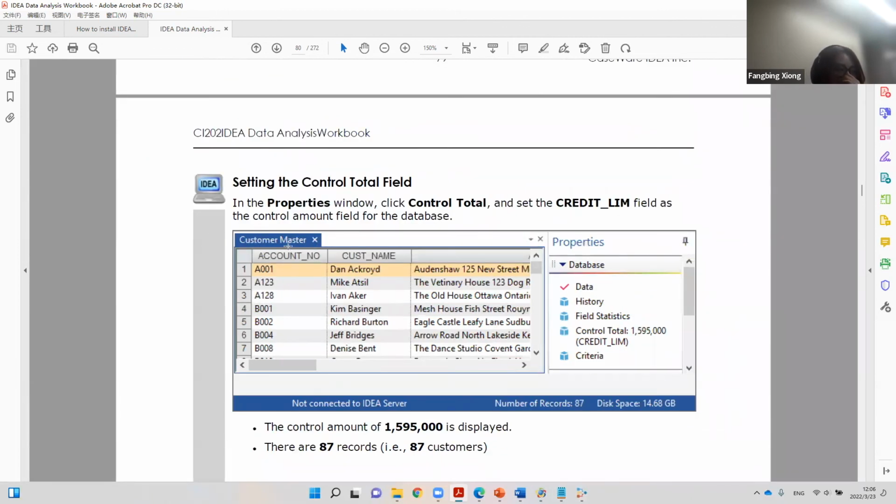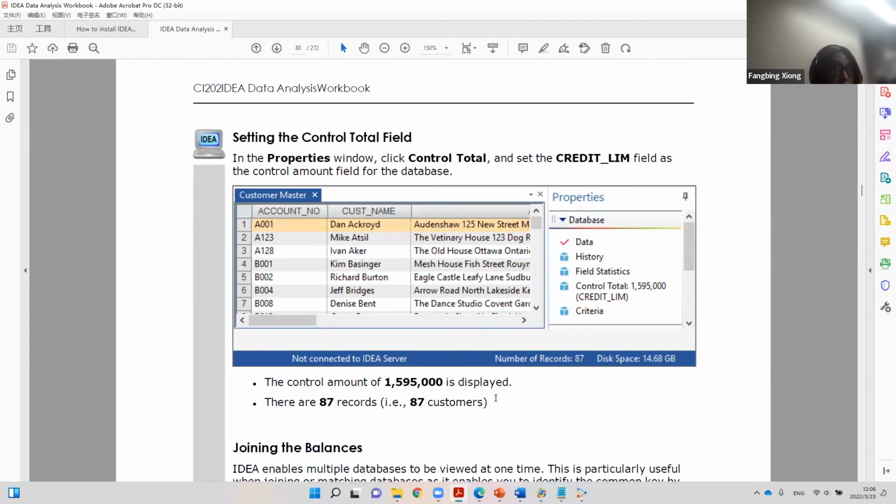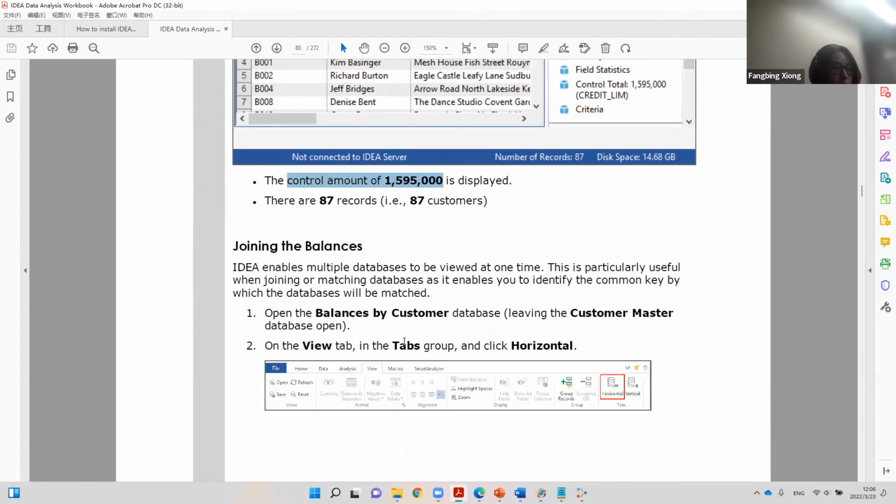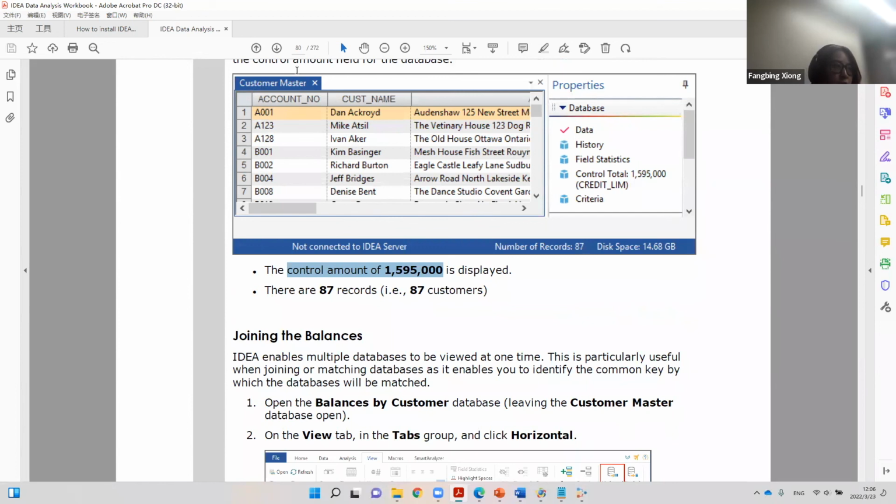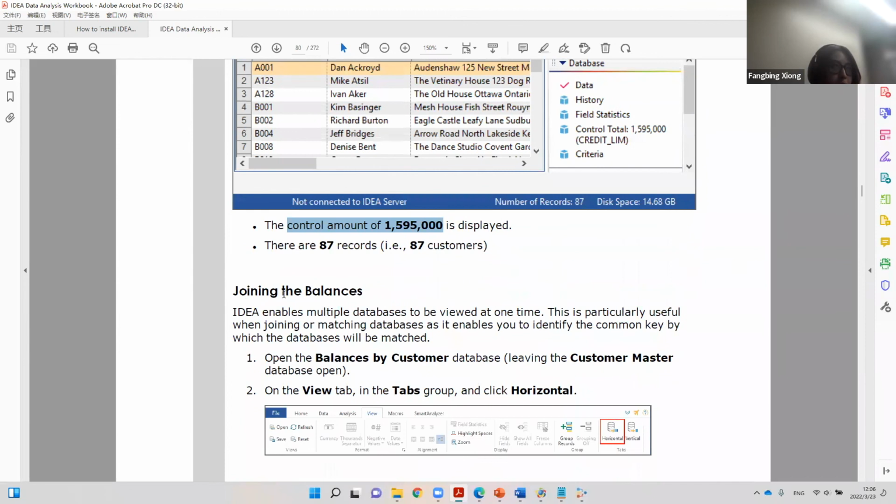So in that case, you can open your customer window like this. Again, for the customer window database, you can still do the property things like check the history, check the control total, check the field statistics. And if you did it correctly, you should have 87 records, and the control total should be 1595,000. And the last step is drawing the balances, because what we have here in the customer master is just the customer information. We also want to add a column that says how much is accounts receivable of each client. So what we do